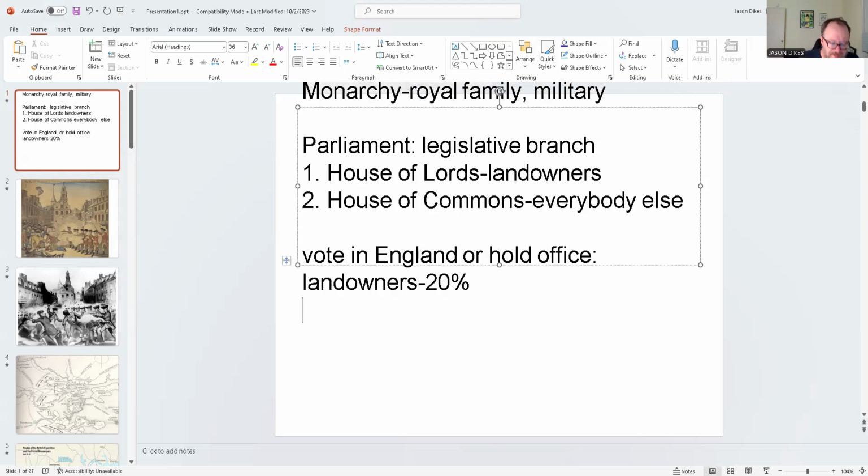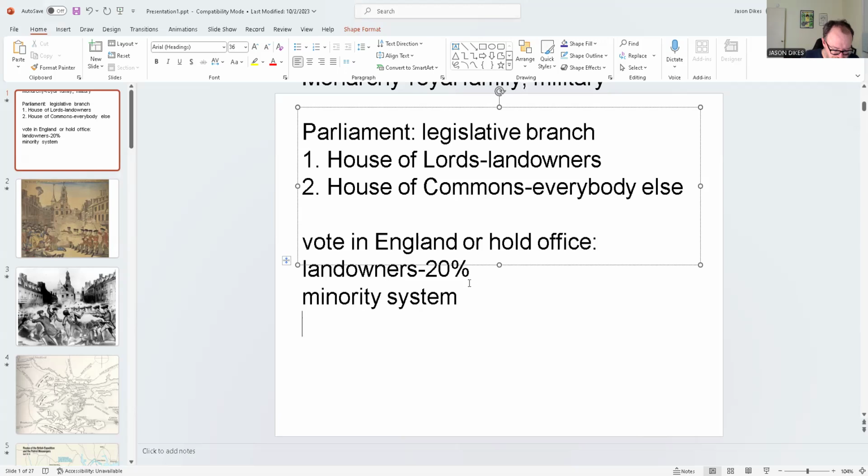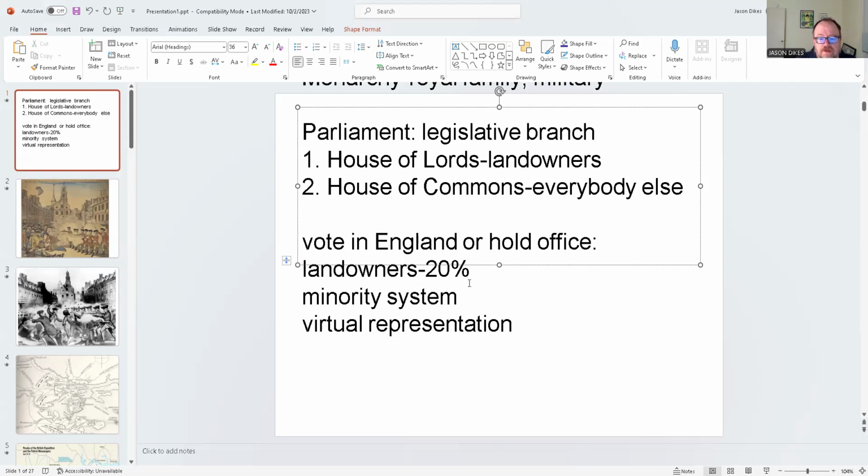So what we really have here is a minority system. You have a small group of people who are pretty much making the important decisions in the country. This is also sometimes referred to as virtual representation. If you're the everybody else category,